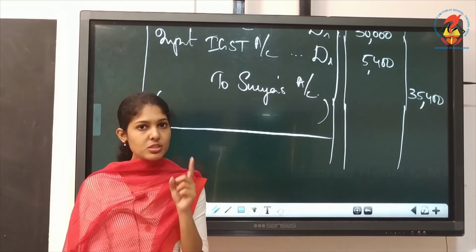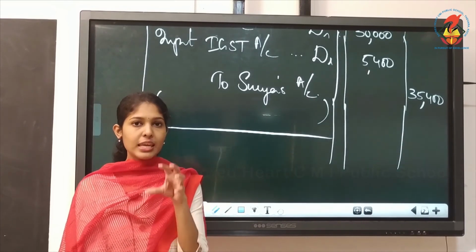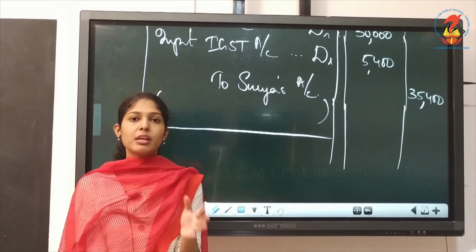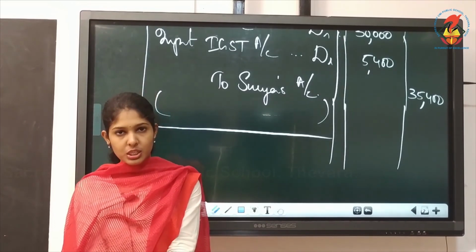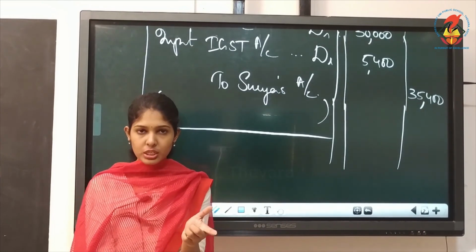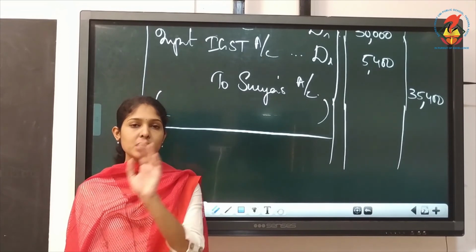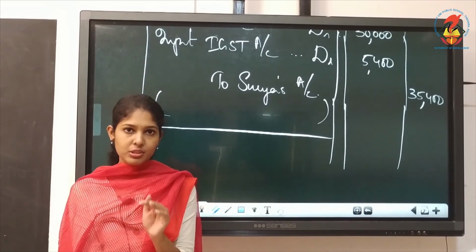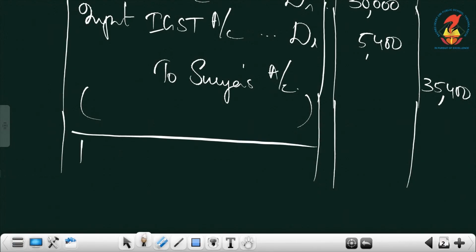And the transaction is on credit basis because it is written sold goods to Rakesh. The name is specifically mentioned. But if the sentence was like sold goods to Rakesh for cash, then in that transaction, though the name is mentioned, if they specify specifically that it is for cash, you can take it as cash transaction. Here nothing is given like that. So it is credit. So you must write the person's name here. What's the date? April 10th. Okay. Rakesh's account